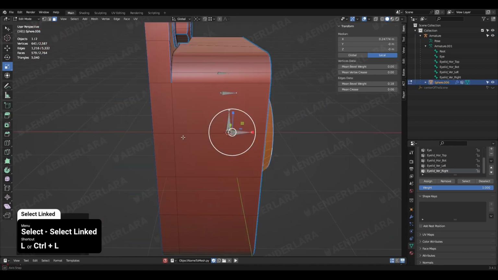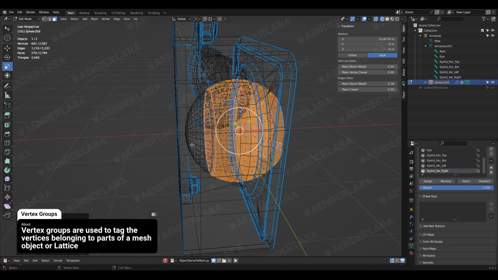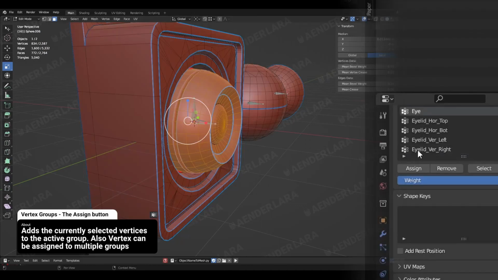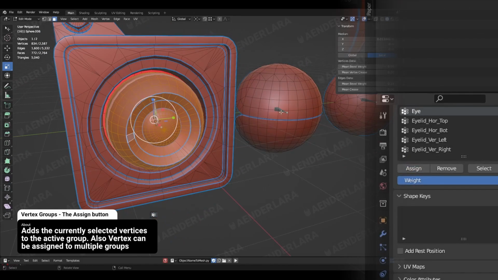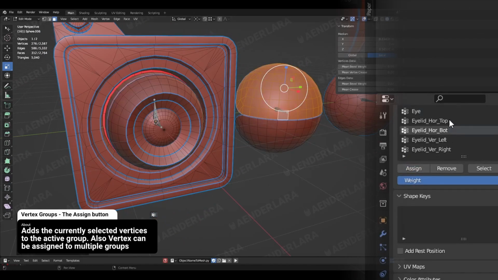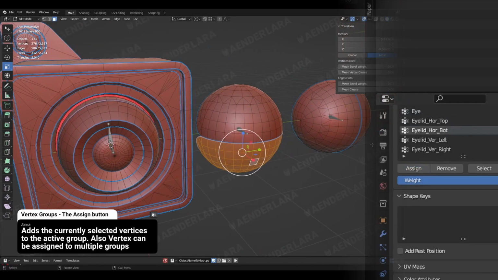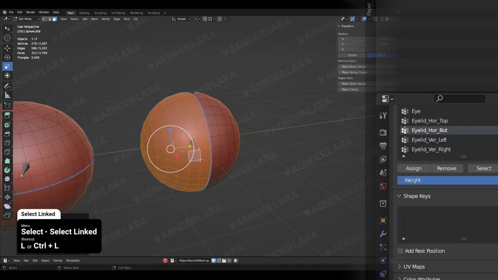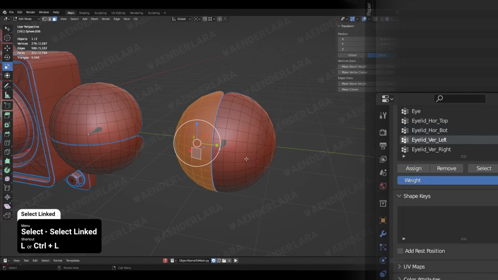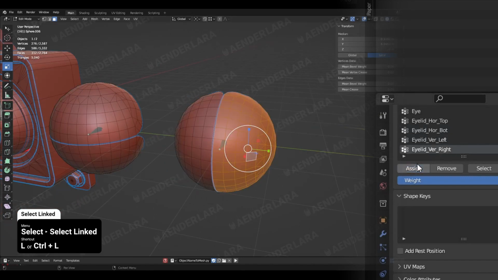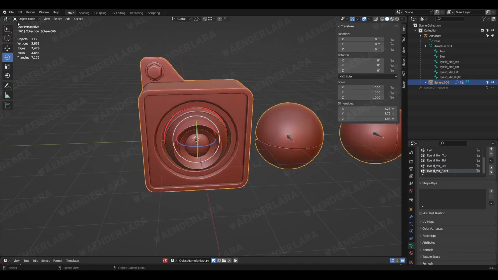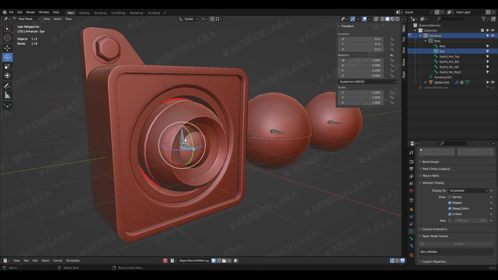To make the connection between the bone and the mesh, we must select our mesh element, the vertex group, and press Assign. For a quick selection, I'm using the L shortcut over the object to select all the vertices connected to a surface where the mouse is pointing. Also, keep in mind that the vertex could have multiple vertex groups, so remember to deselect the meshes before moving to the next group. And when you're done, you can give it a try in the armature pose mode.